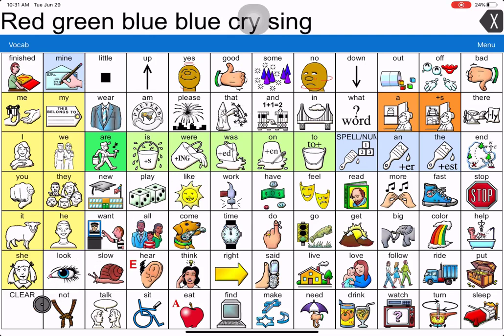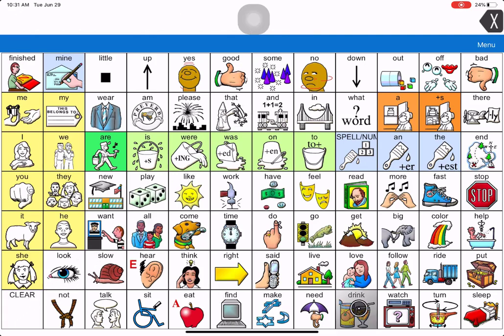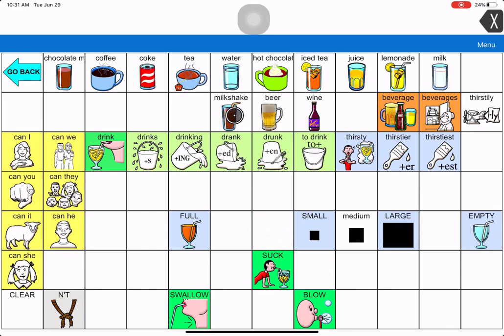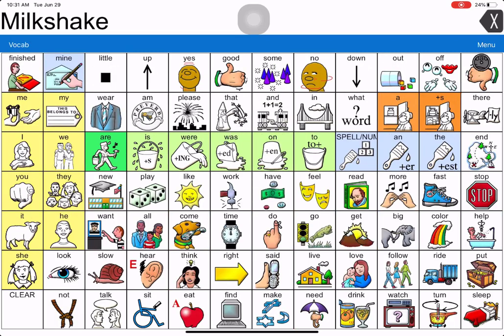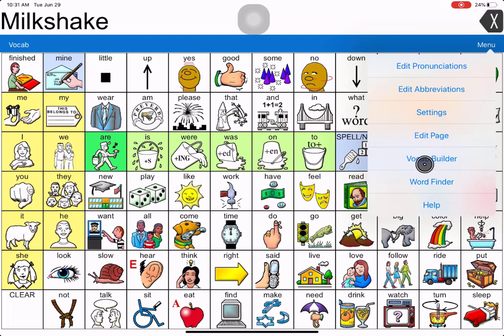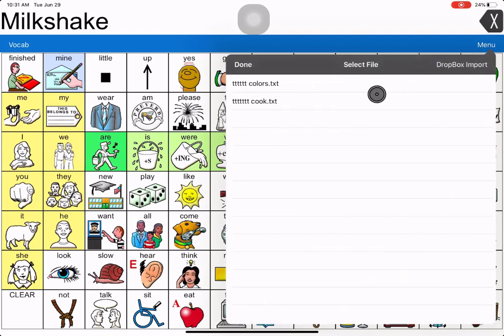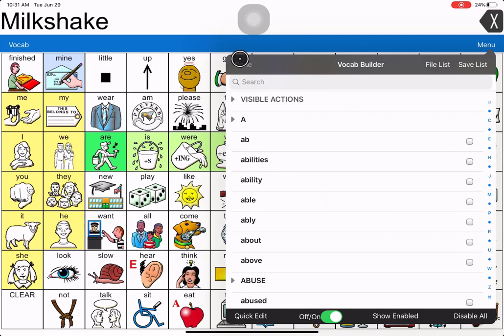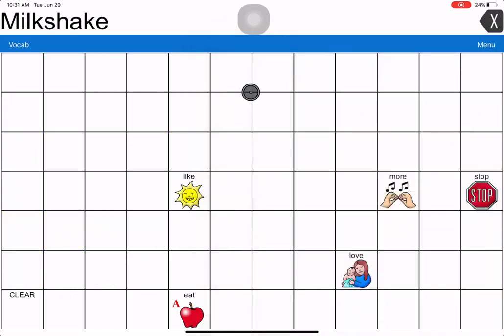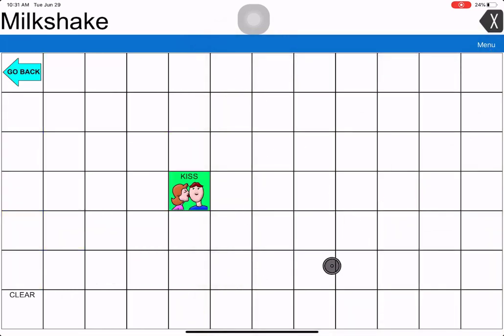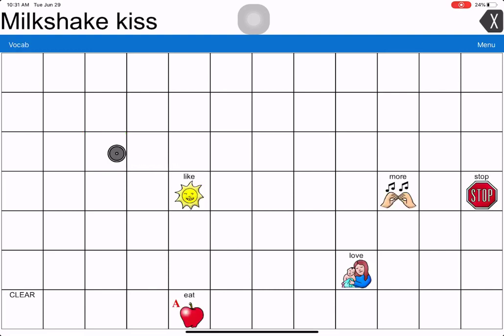The one danger I want to show you is that when you add a word to a Vocabulary Builder list, you can save it. So let's go to Vocabulary Builder again and turn it on. And let's load our list. Let's go to the file list and load the cooking activity one more time. So now you're in here and everything's going fine, and you've decided to add the word